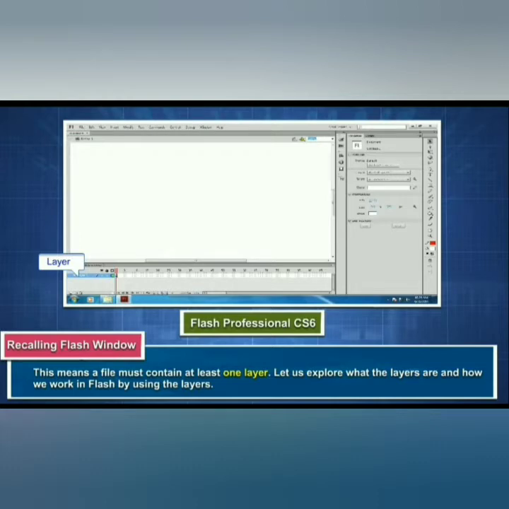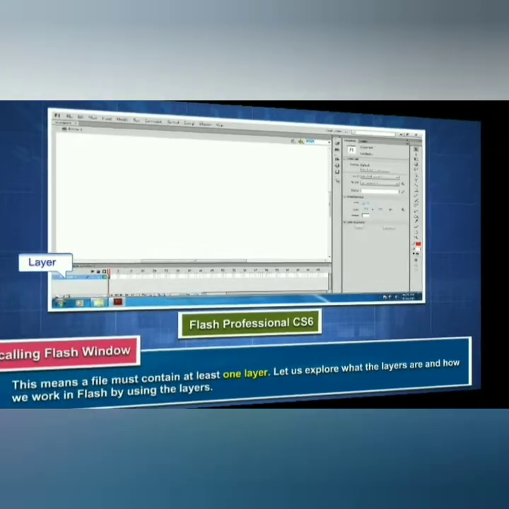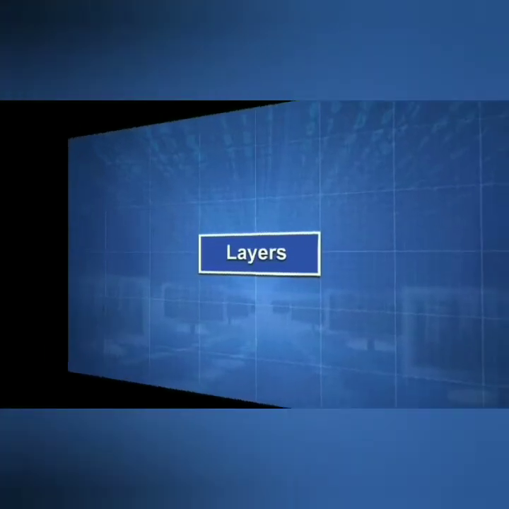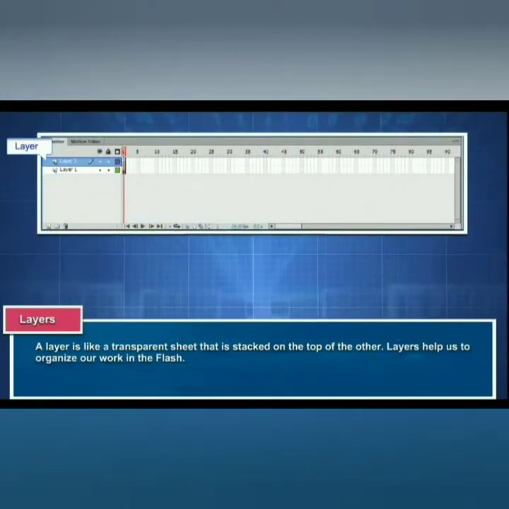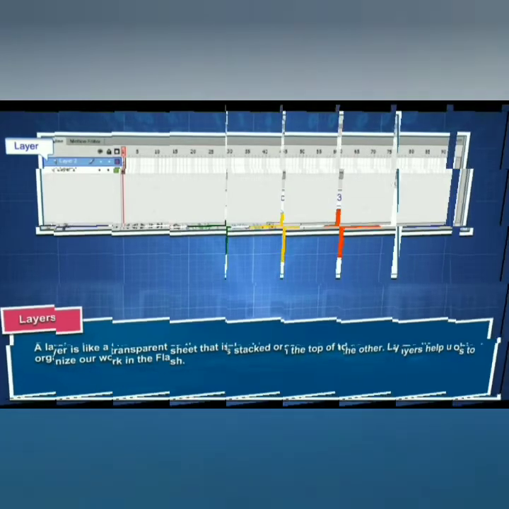Let us explore what the layers are and how we work in Flash by using the layers. A layer is like a transparent sheet that is stacked on top of the other. Layers help us to organize our work in Flash in a proper manner.